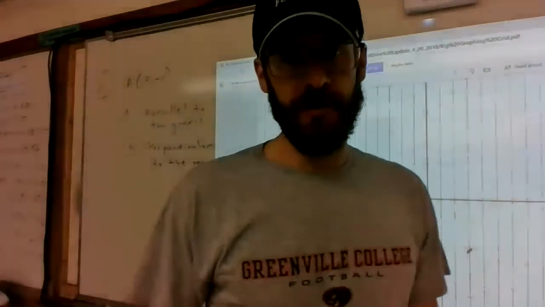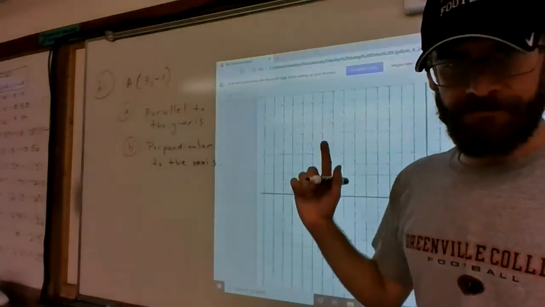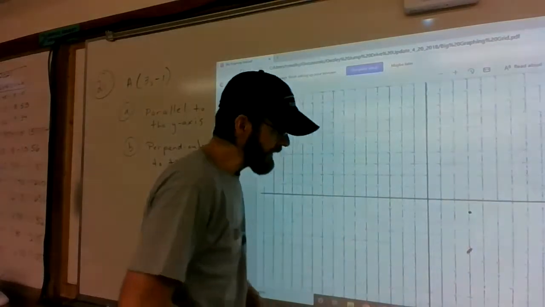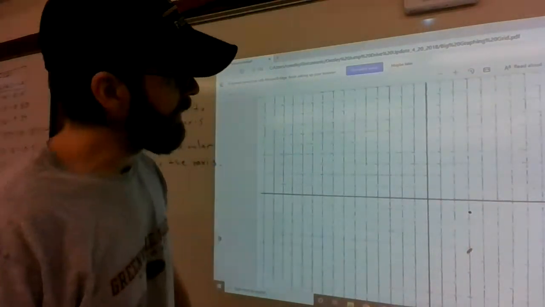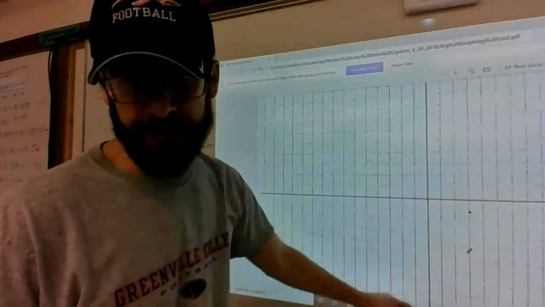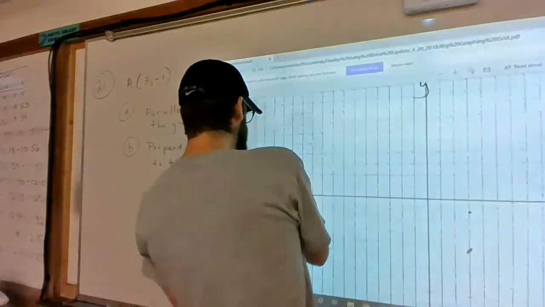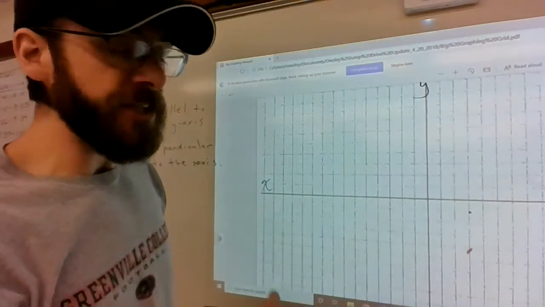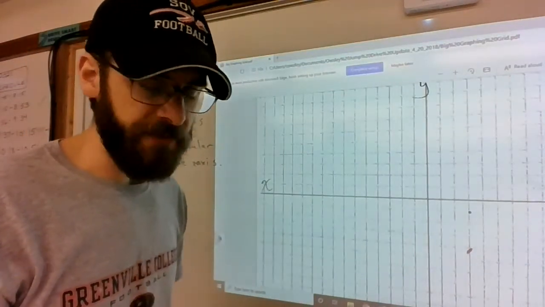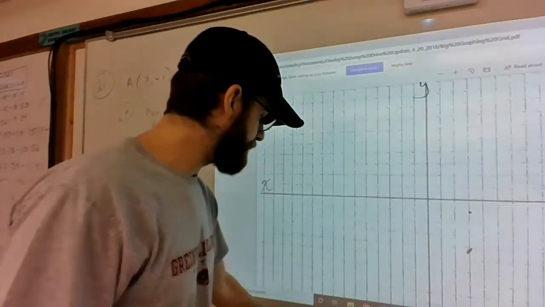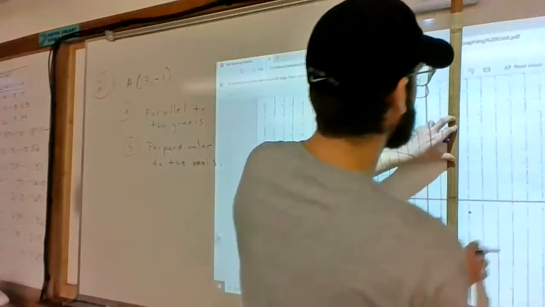So here's what I'm going to do to start this out. I'm actually going to use the graph, plot the point (3, -1), and then I ask myself, what kind of line would be parallel to the y-axis? Well, the y-axis is a vertical line, and we talked earlier about how vertical lines have a very special equation formula. It's not y = mx + b. The equation of this line